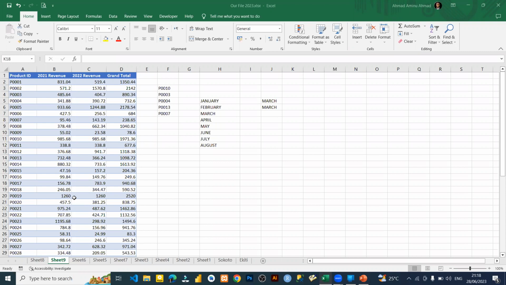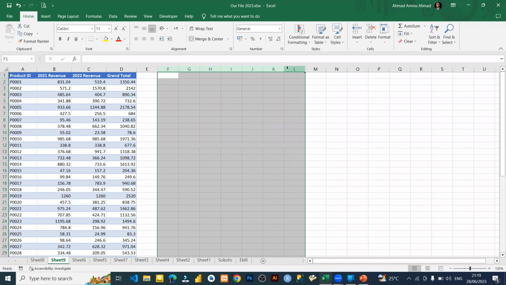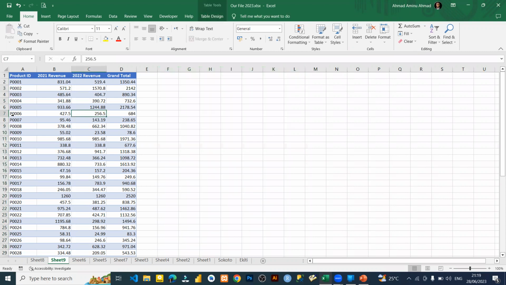Okay, so now that slicer that we did yesterday, I showed you how to use slicer in pivot table. So I will just tell you one thing about slicer. You can use slicer anywhere. It doesn't need to be in a pivot table. Even in this data, let me just delete all this. I can use this data and create a slicer